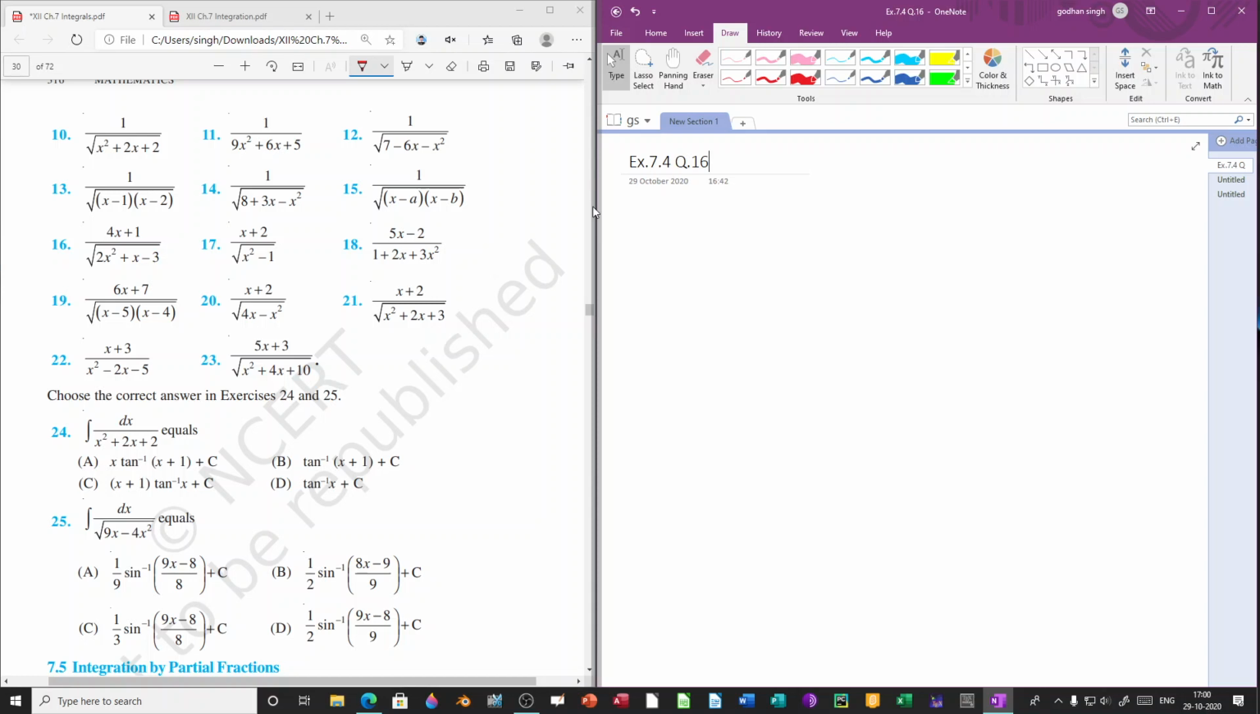Exercise 7.4, question number 16. We have to integrate here the function 4x plus 1 over square root of 2x square plus x minus 3. So solving question number 16,